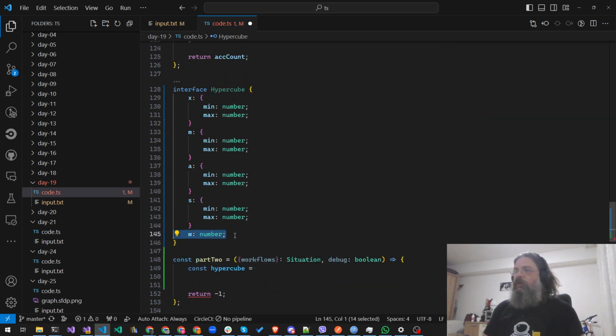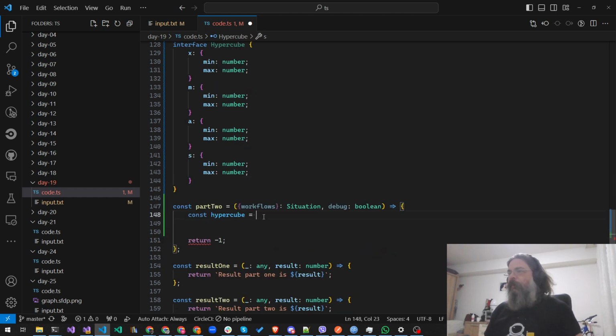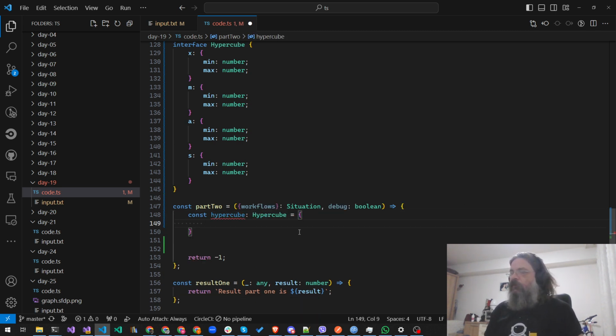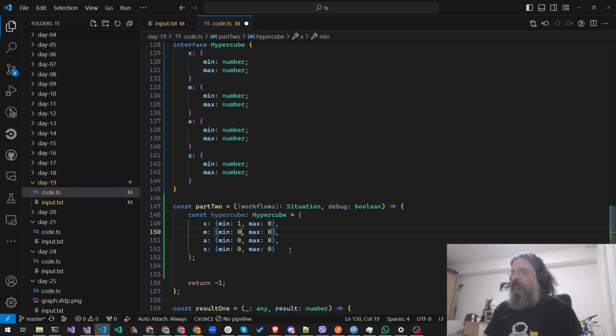So these things actually represent a hypercube. So our initial hypercube will be this thing, only we will have a little bit of difference of sides because we are just gonna take our hypercube